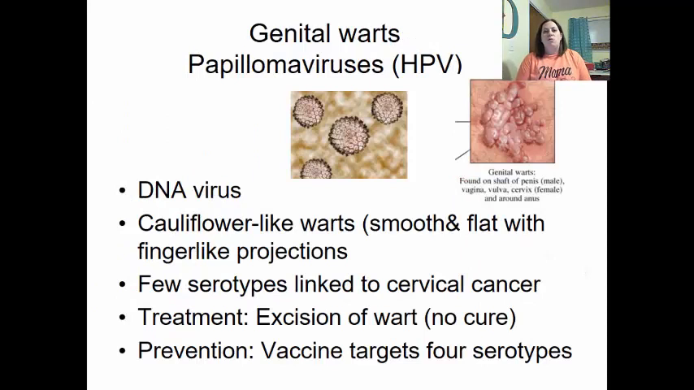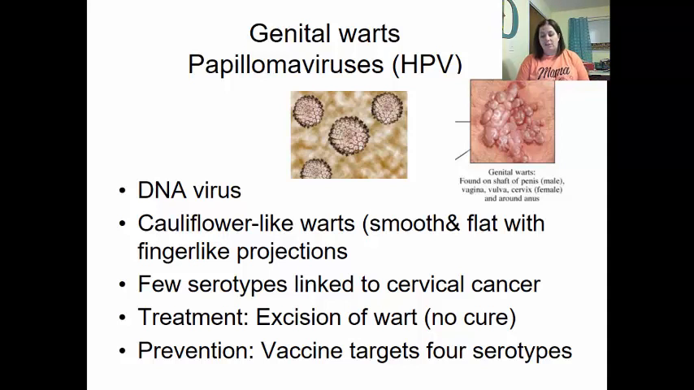Now we have genital warts. This is the papillomavirus, or HPV. This is also a DNA virus. It causes cauliflower-like warts that are smooth and flat with finger-like projections on the skin. There are a few serotypes linked to cervical cancer in females. Treatment is excision of the warts, taking them off, but there is no cure. There is prevention with some vaccines,